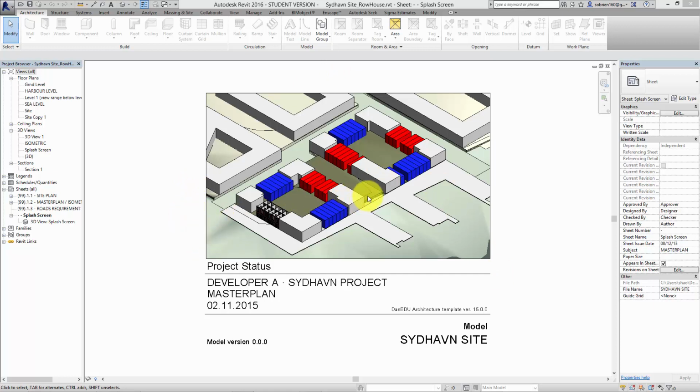I mean, we don't have so many slopes on this site, but if you had a slope site, it can get quite complex as to how to make decent roads and so on. And since Revit doesn't have a specific tool for making roads, we need to use the floor tool effectively to make roads. So I'm just going to go into, let's go into the